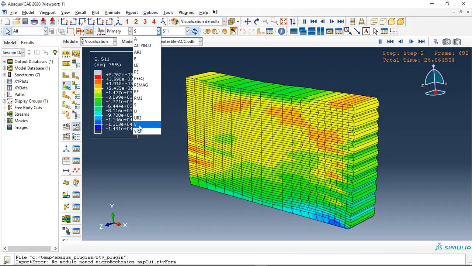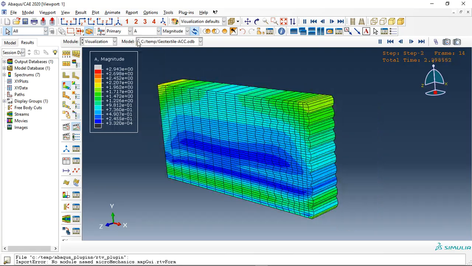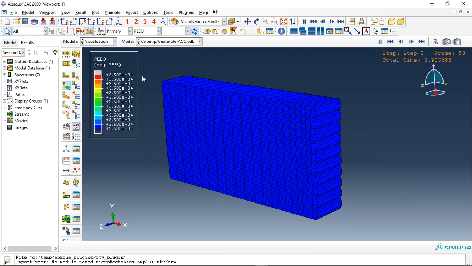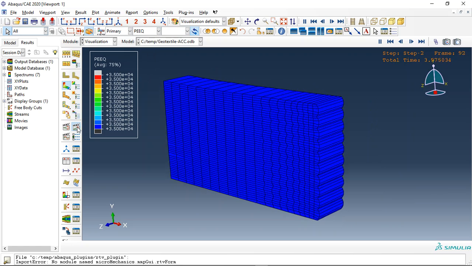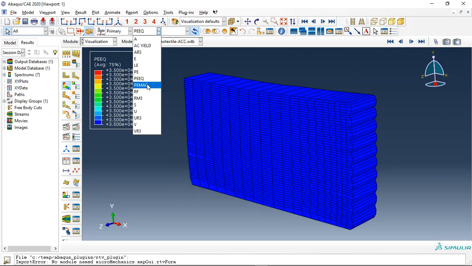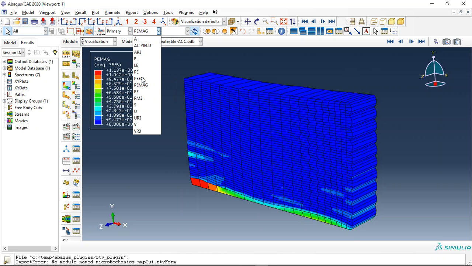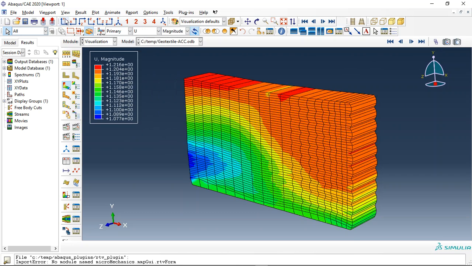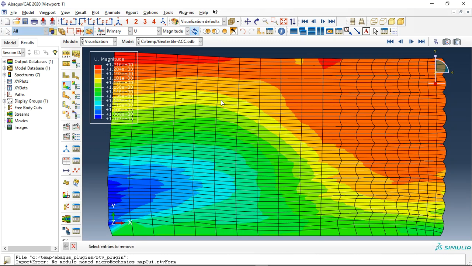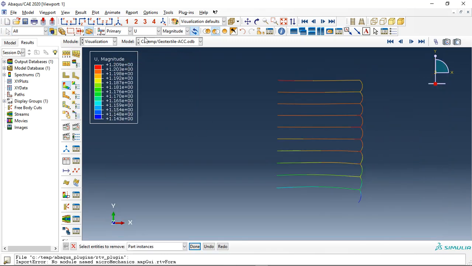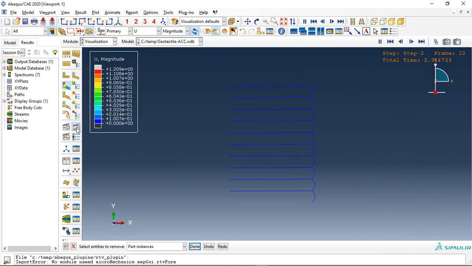Now we can consider acceleration, see, plastic strain, here, displacement. Now let me replace all, remove this, the geosynthetics, see here,